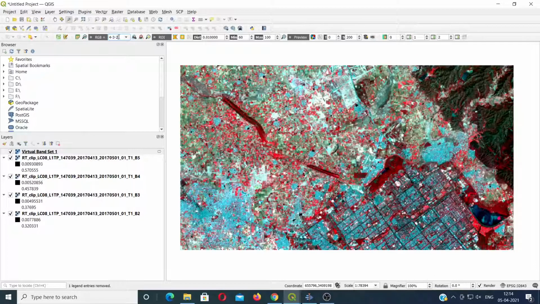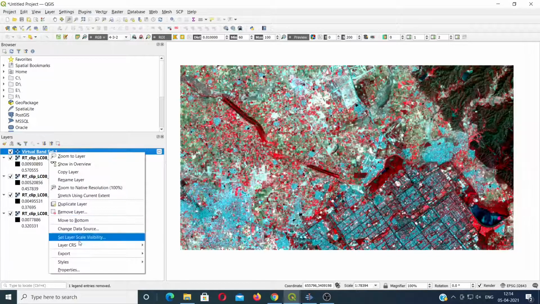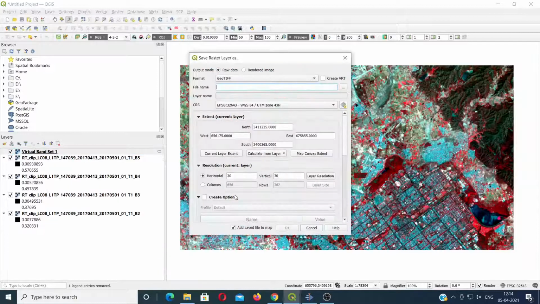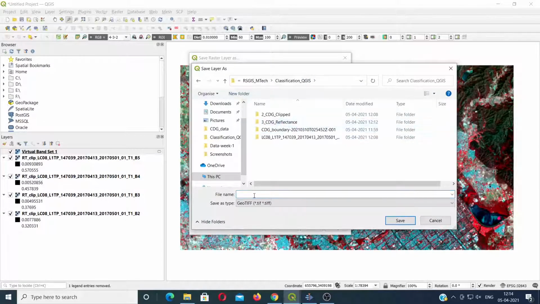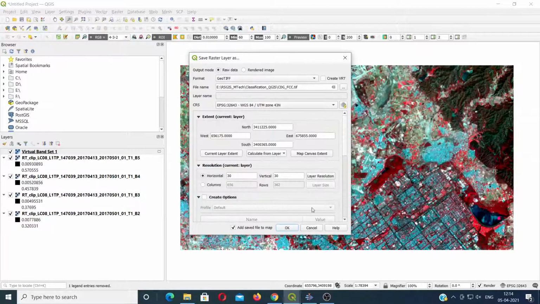These are some of the inbuilt band combinations for false color composites. If you want to save this virtual band set, you can right click, export, save as. By default it is taking GeoTIFF. You can just browse to wherever you need to save the data. Here I'll give it as cdg underscore fcc, save, then say OK.